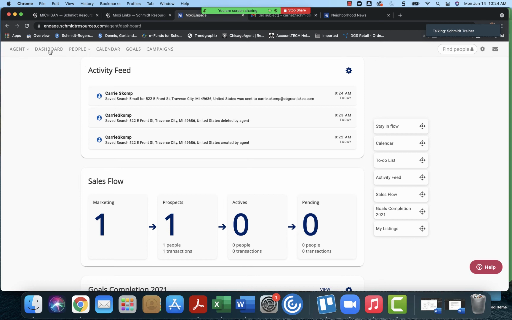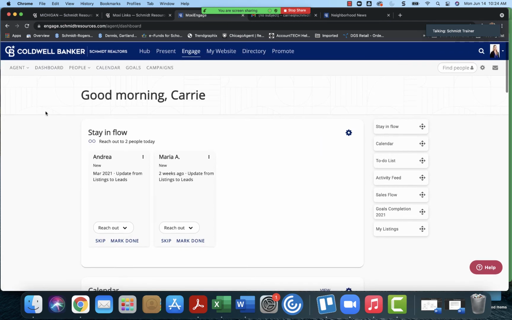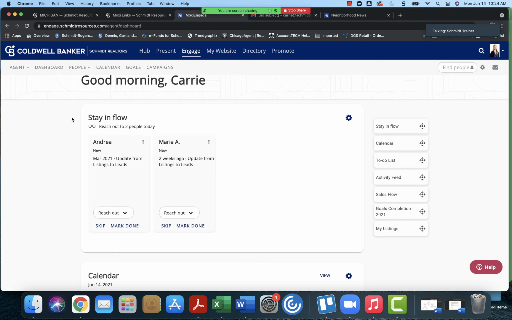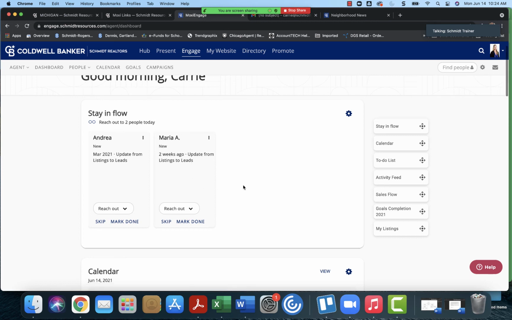You want to go into your Engage and into your dashboard every day, because keep in mind that really is your assistant. It has your calendar, it has the 5 people you should contact, it has the activity of all the people that you're sending communication to right in your dashboard. So it's good business to just log in there at least once a day just to see what your people are up to, get the 5 people that you should stay in contact with that day, sign people up for Neighborhood News, or